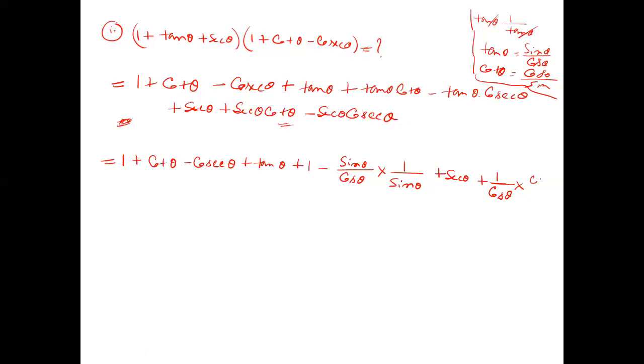We can write cos theta by sin theta. Then minus, keep it as it is, sec theta into cosec theta. Now see, sin theta and sin theta will get cancelled. Cos theta will get cancelled. So it will be